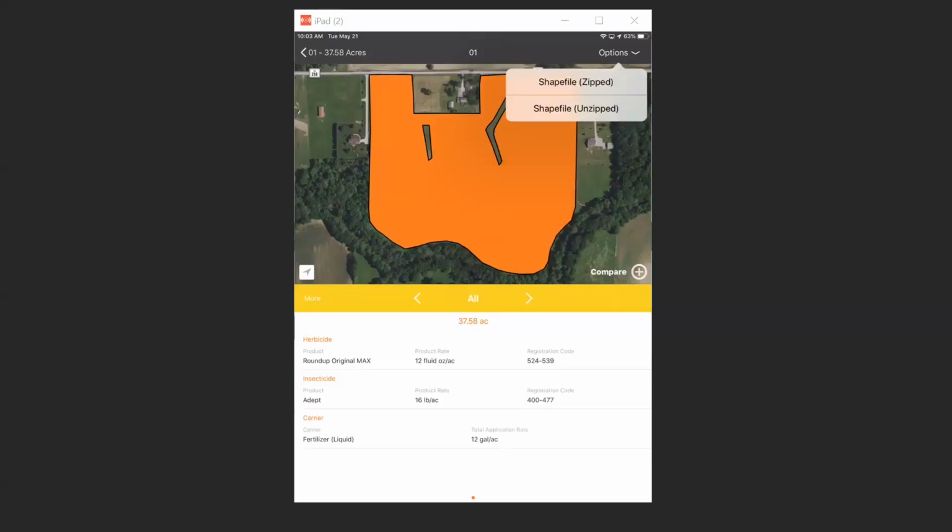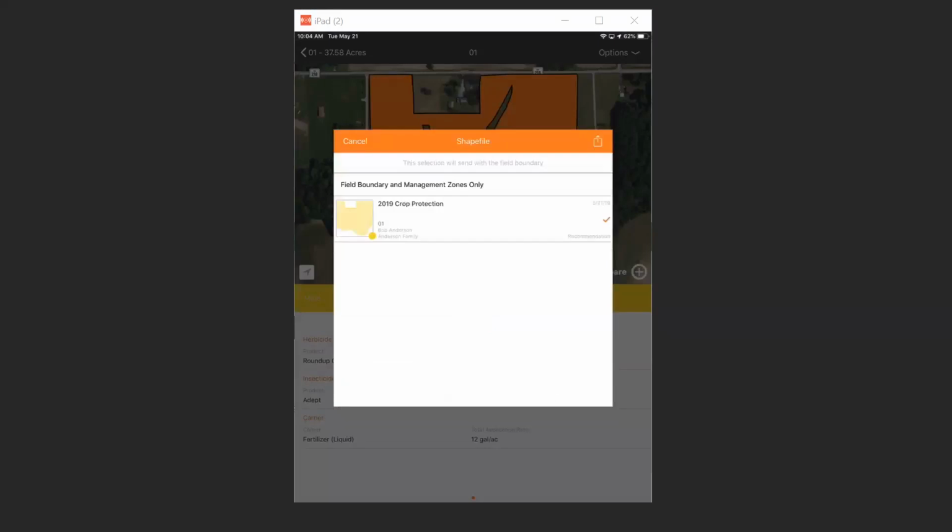If you're doing this at the field level, the file's not all that big, but if you were up at the grower level sending out 20 farms at one time, 20 different fields at one time, either at the farm level or up at the grower level, you might want to zip those, because they're going to get a little bigger. But I'm just going to leave mine unzipped because it's only one field and it's not going to be very big. But here's my crop protection recommendation that I would select. You would get a list of all the ones that you might have. You would pick the ones that you wanted, hit the upload arrow in the right top of that small screen,